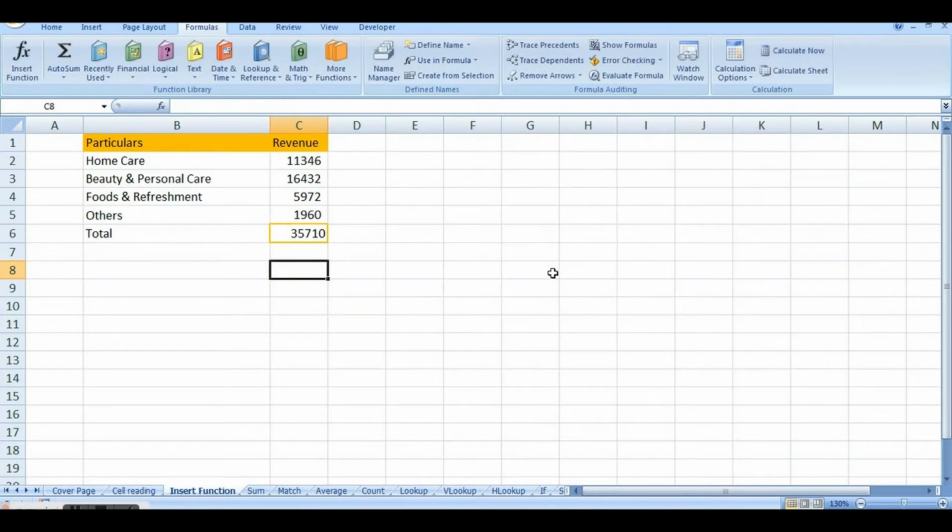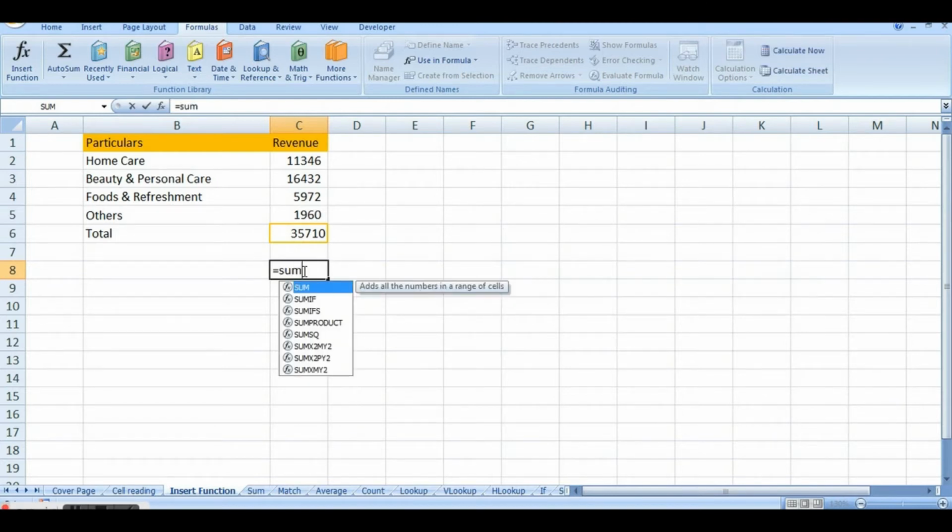Another method of inserting a formula is by putting Excel into calculation mode. We have seen in our previous video. You can do it by simply clicking on the cell in which you want to insert a formula and typing equal to. If I want to use a sum function, I'll simply type sum.